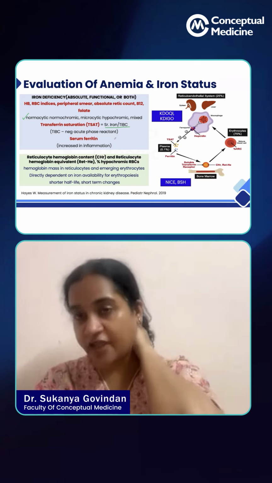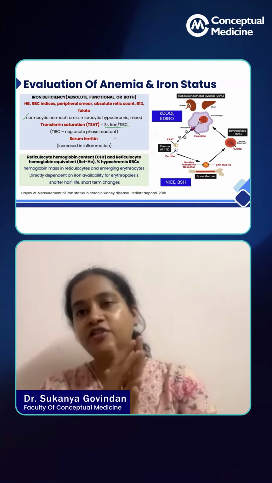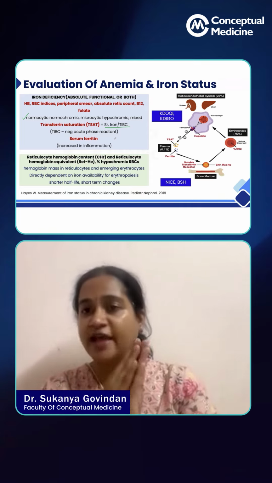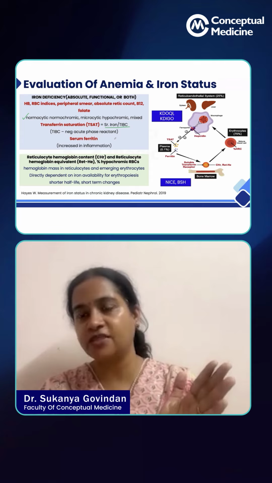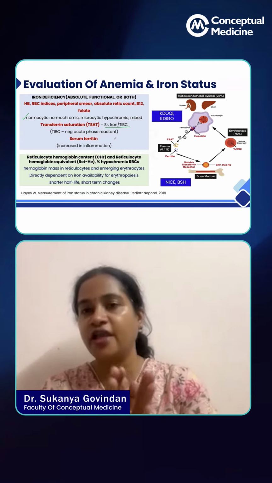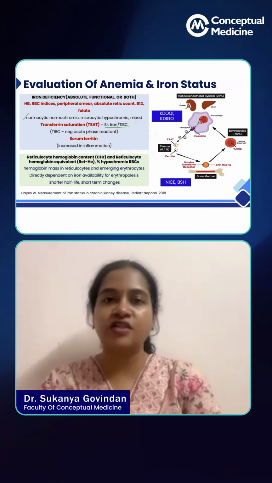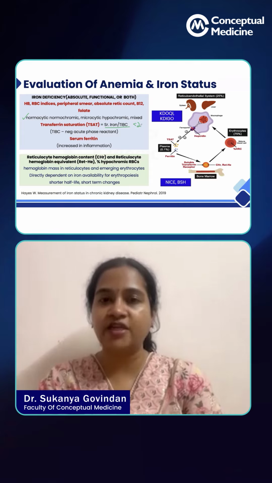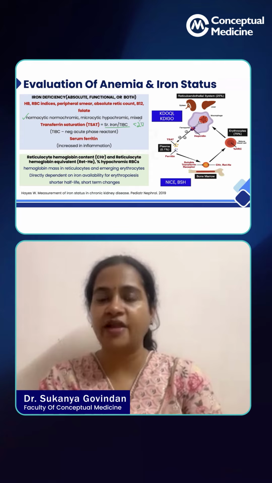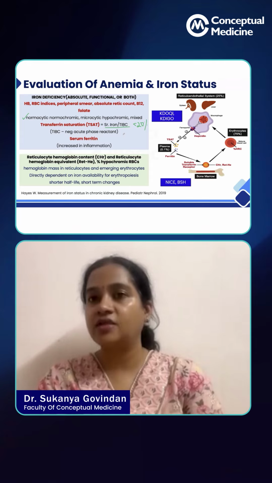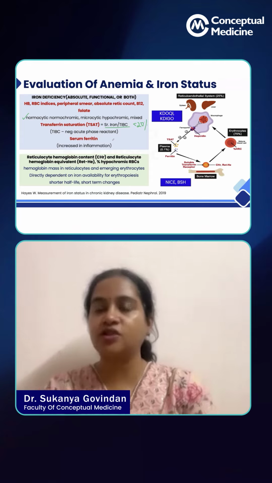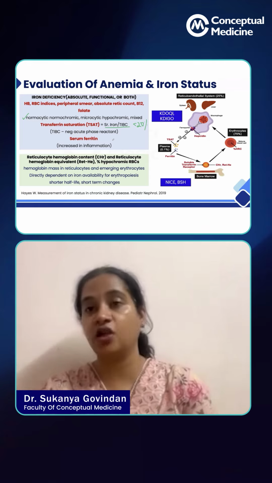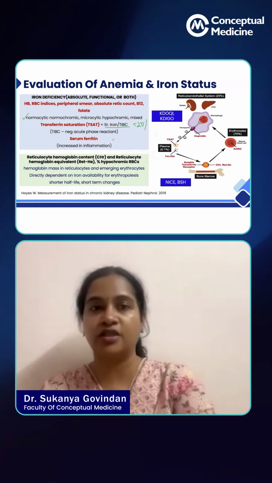So if there is enough iron in your body, the transferrin, which is an iron binding protein, is saturated. That's what it means. If there is less iron in your body, it is less saturated. So if your transferrin saturation is less than 20%, usually it means you have iron deficiency anemia. Okay. So iron will be deficient if you have low transferrin saturation. It means your transferrin is not saturated. There's still a lot of transferrin, but the iron is not there.